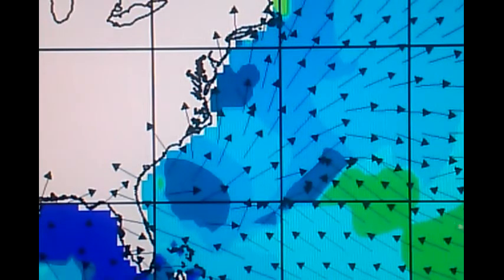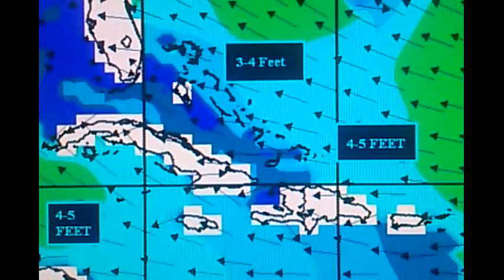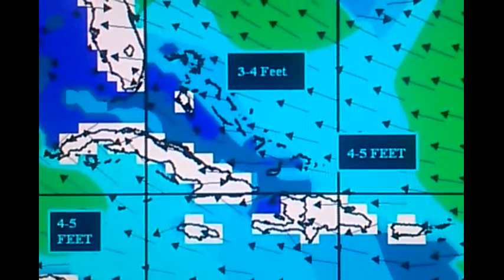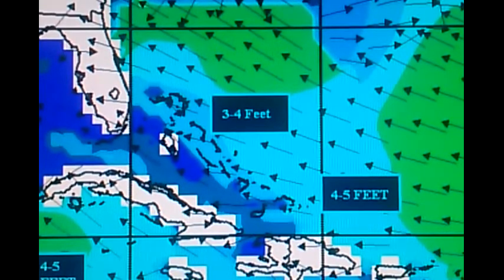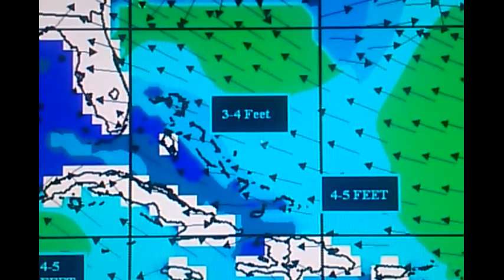But notice that back out here towards the Atlantic, we've got a little 10-second groundswell out of the east-southeast starting to develop. We still have this east-southeast trade wind flow that's been locked due to high pressure out there in the northwest Atlantic. So we'll be watching that on the buoys to see how this develops. But as we move through the forecast, you can see a longer 10-second period. Sorry, guys, this is the only way that I could capture the image. A longer little southeast swell is going to develop,